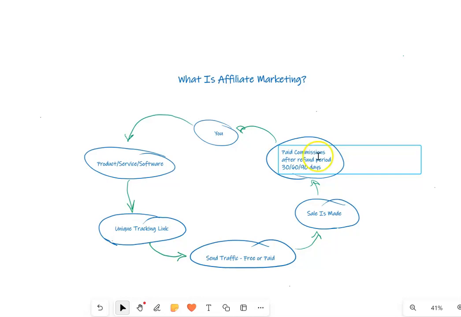And then you get your commission, and then here you go here. And so as you may have another, say you've got another, it's a dog collar that you really like. Well, you would apply to become an affiliate for the dog collar, get your links and traffic, sale is made, and again, you're getting paid your commissions.